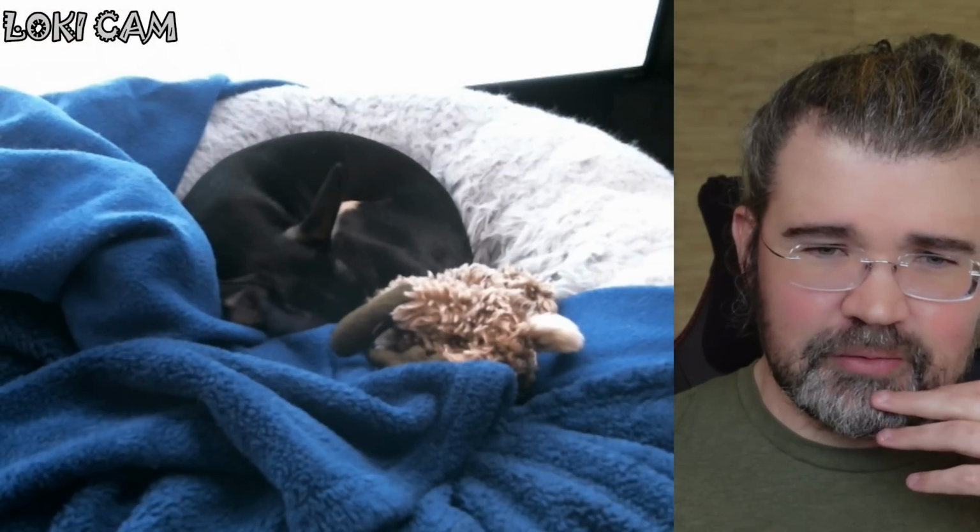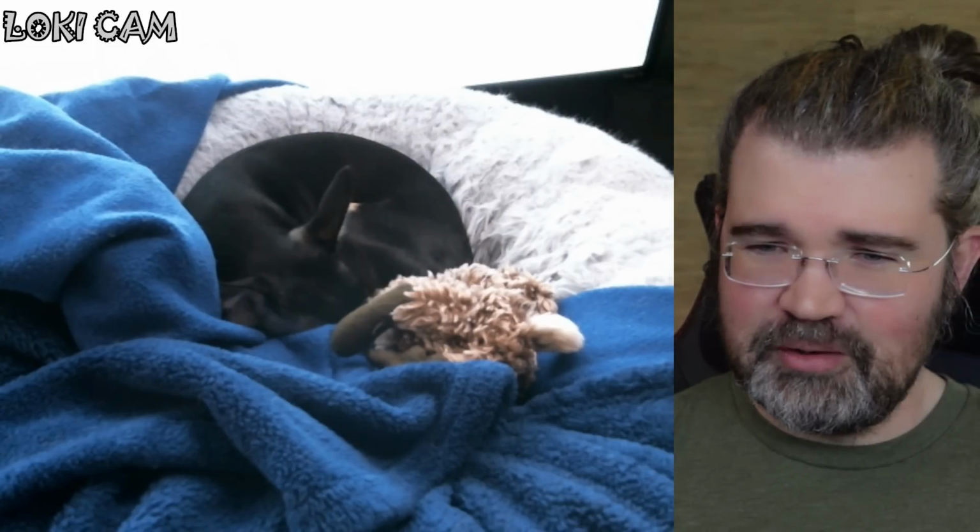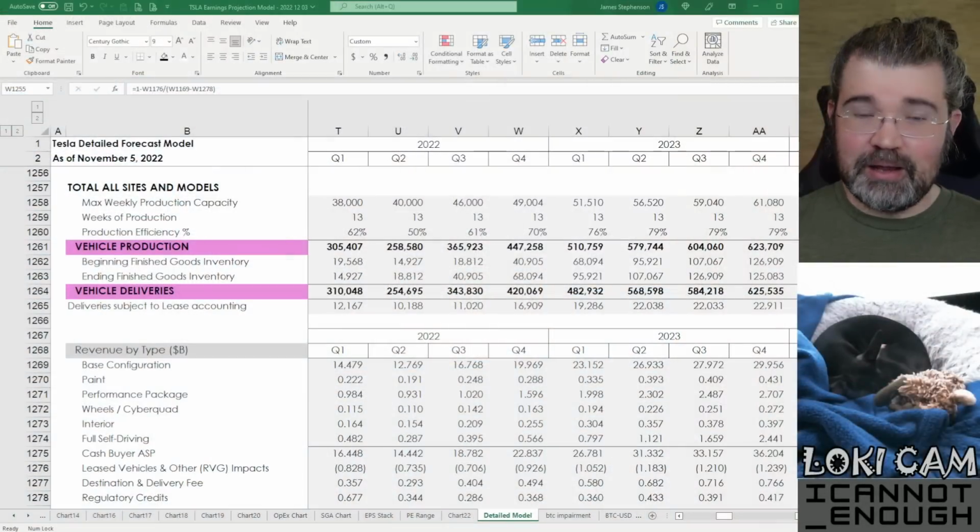I am joined today by my ebullient host, Loki, in his bed. I kid with him. He's resting. There's not a lot for him to do, so he's just taking the opportunity to nap, while I take the